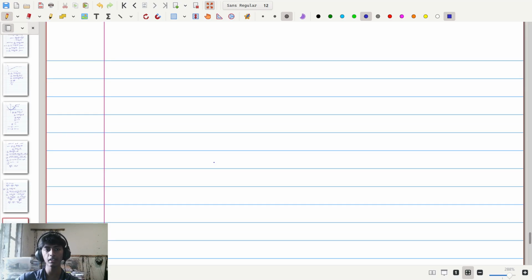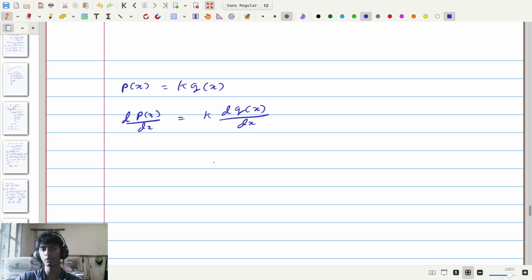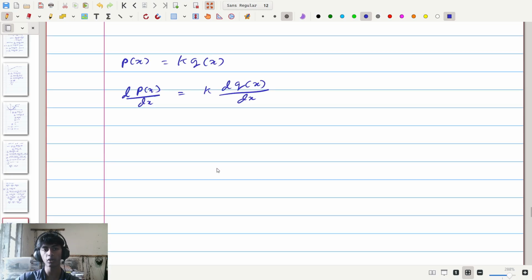This one's quite simple. Let's say we have two functions, where p of x is k times q of x, meaning we are multiplying by some constant. Given this, I want to show that the derivative of p(x) with respect to x is equal to k times the derivative of q(x) with respect to x, i.e. the derivative of a constant times a function is equal to the constant times the derivative of the function. To do this, we are simply going to state the first principle notation for